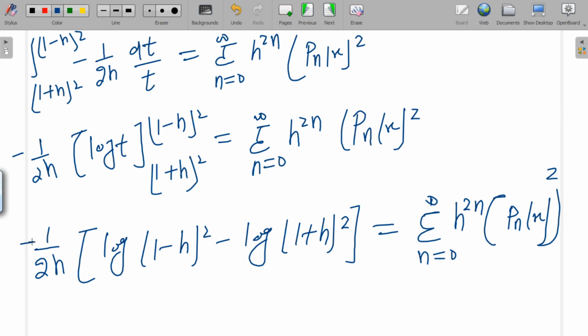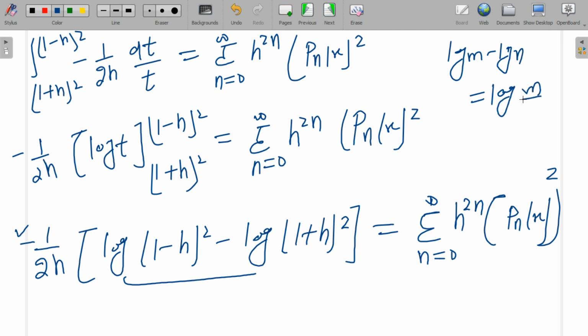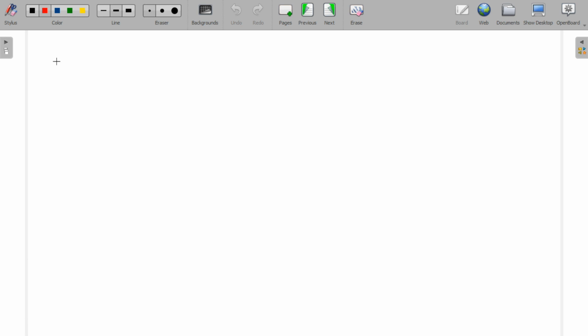I'm using the minus sign, the negative sign, and the log property. We know very well log m minus log n is equal to log m upon n. I'm using this property to solve this question with the negative sign. This is my negative sign here. Okay, so the next is equal to 1 upon 2h, 1 upon 2 into h